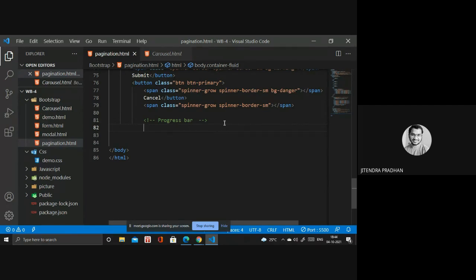It's green, red, or yellow if you write a medium one. You can do that using JavaScript, but now we discuss how we can do the progress bar using Bootstrap. Okay, so first we have to design the div. Inside the div you have to write the class name progress.